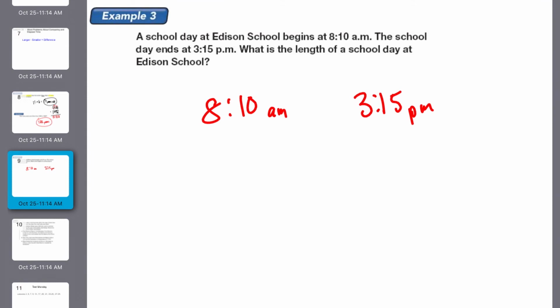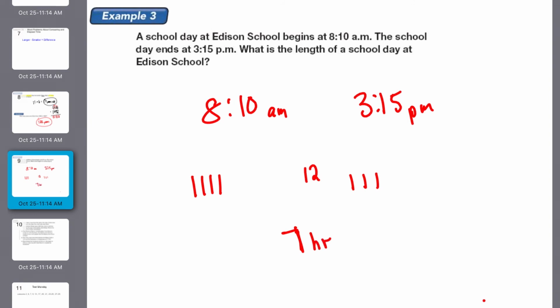So the easiest way I like to think of this is you kind of add up the hours. Okay, so let's go from 8 until noon, because it goes till 12 o'clock, and then how many hours are between there? You have 9, 10, 11, 12. So that's 4 hours before noon. And then if you go up until 3 o'clock, how many hours after noon? 12, 1, 2, 3. Okay, so you have 3 hours and 4 hours. So it gives us 7